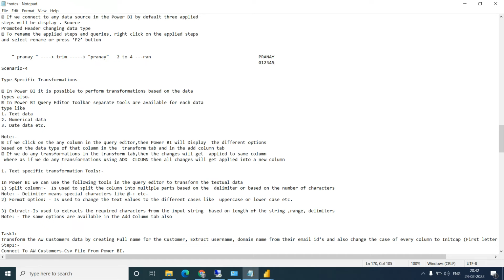So if I say I want it from 0, start from 0 and end with 4, it will return 0 to N, I mean PRAN. So the fourth character will not be taken, like A. Okay, so the same thing is happening here.